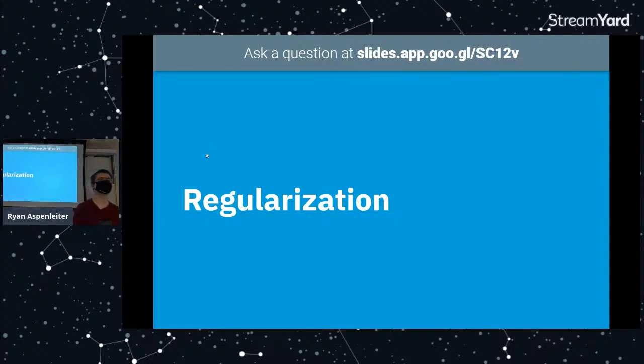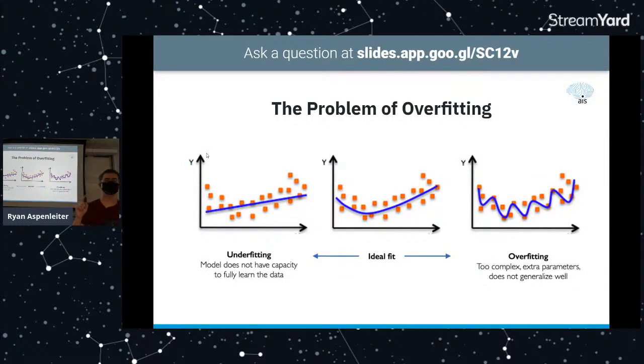So now, regularization. I touched on this idea before, but basically regularization is a way to prevent underfitting and overfitting. By that, I mean if a model doesn't have the capacity to learn as much as it can, if it doesn't have enough data to work with, or not enough time, it won't learn. I mean, that part's pretty intuitive.